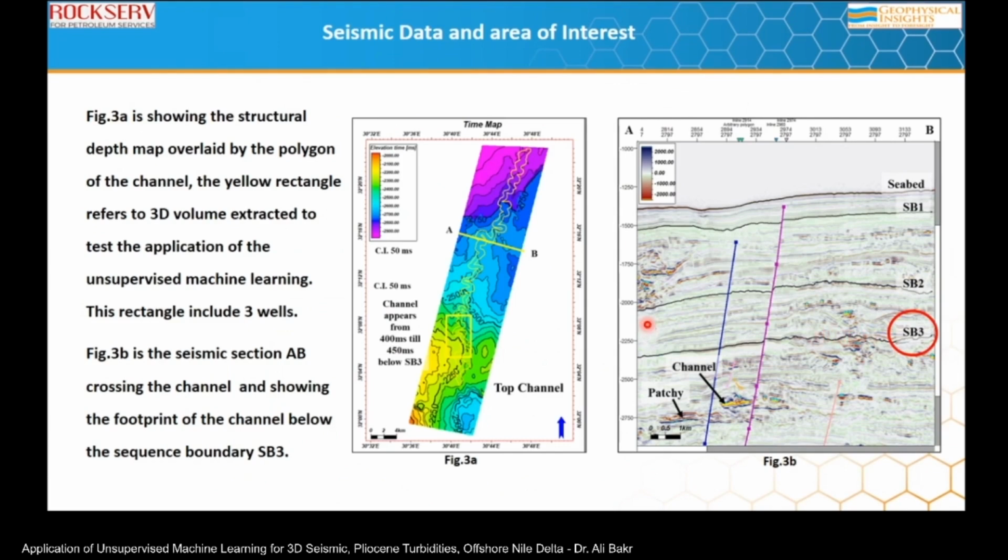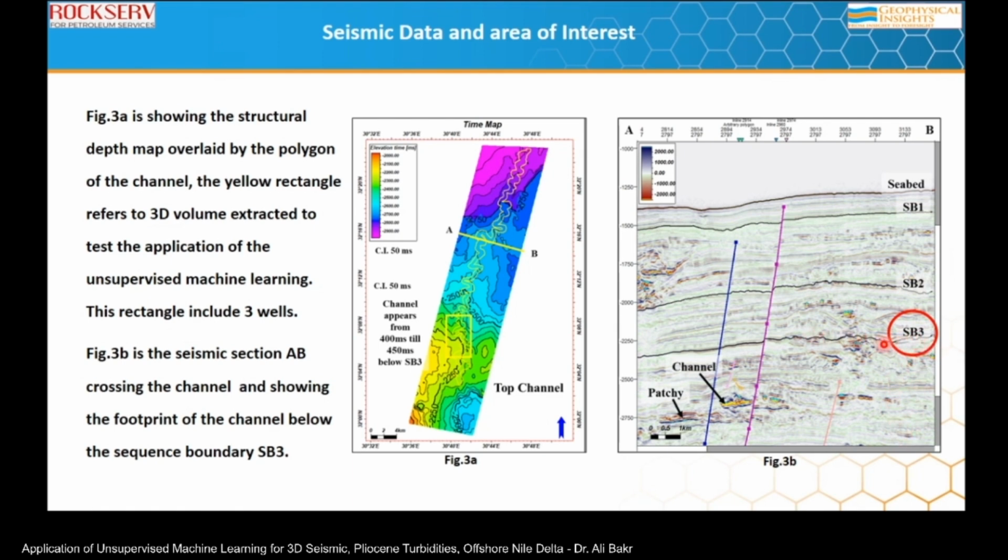Jumping to the seismic, actually the area is covered by 3D seismic of good quality, as you can see in here, and the interpretation started by dividing the geological section into three sequence boundaries, as you can see, from the seabed to sequence boundary 1, and then sequence boundary 1 itself, and sequence boundary 2, and sequence boundary 3 in there. Our interest is